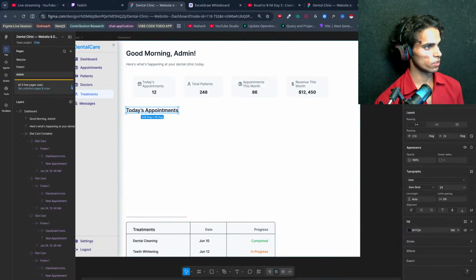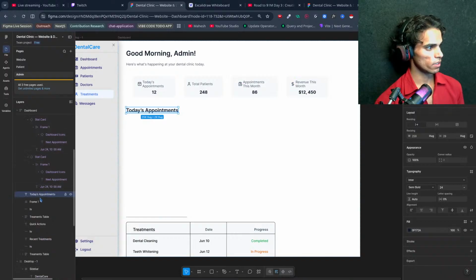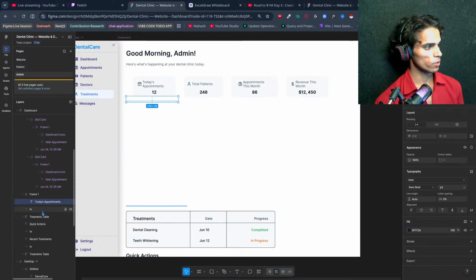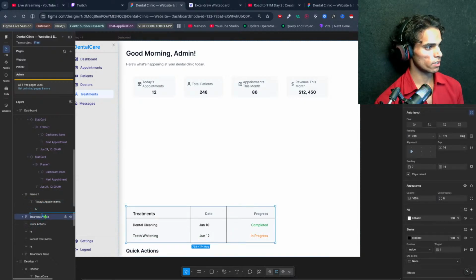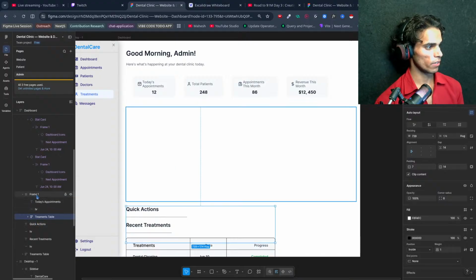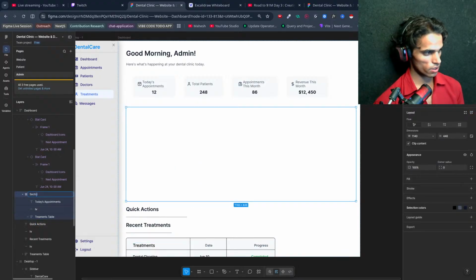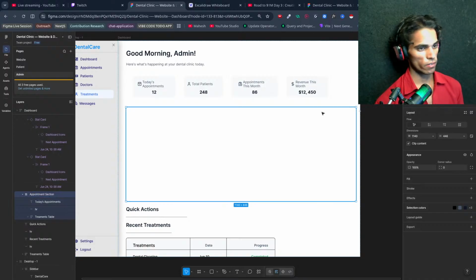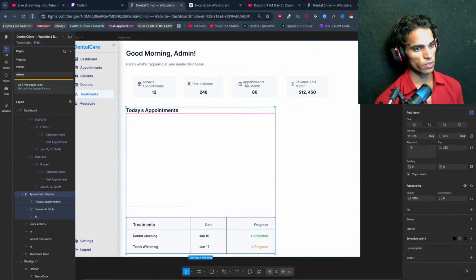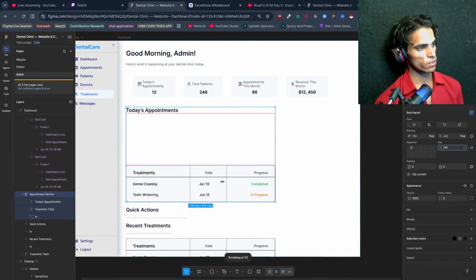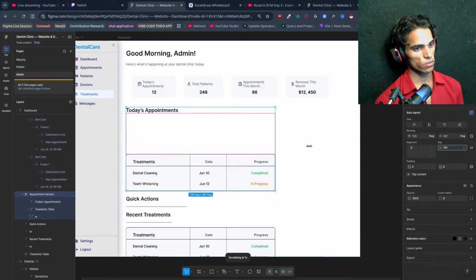So let's get into this, and let's select this. The today's appointments should go inside this frame, and also the HR should go inside this. Then the treatment table. Yep, I want this inside this frame. I will call this appointment section, and I will give this auto layout like this, and gap will be, okay, it shouldn't be like this.